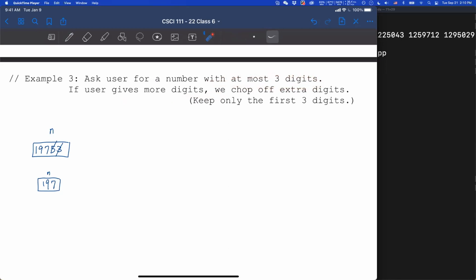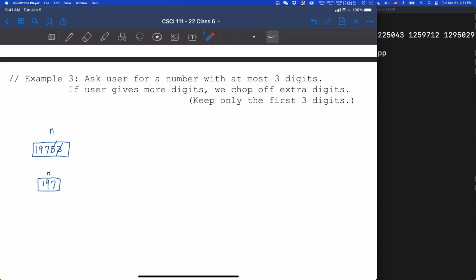And I see people say divide by 100. Now that will work if the user gives a 5-digit number and you know to get rid of the last 2 digits. But what if the user gives a 4-digit number, a 10-digit number? Can't we use an if for this? Like if it's higher than 999, then it would do n divided by 100. Well, that means you only chop off the last 2 digits.